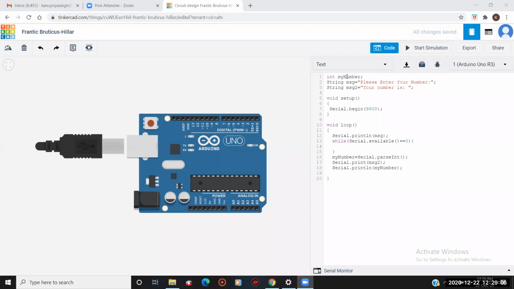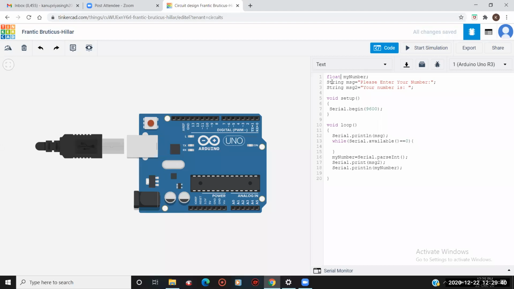So for that, what will I do? I'll change the type of container. That is, I'll assign a float type of container here. Float is a type of container which can contain any type of number, whether it is decimal, rational, or irrational, any type of number it can store. Okay, up to two decimal places.